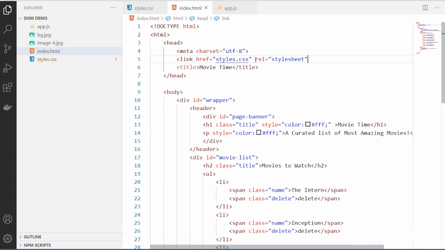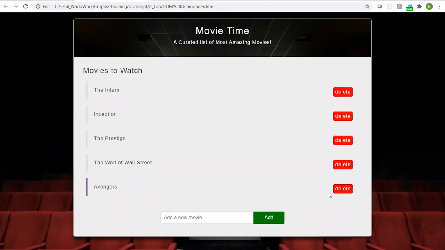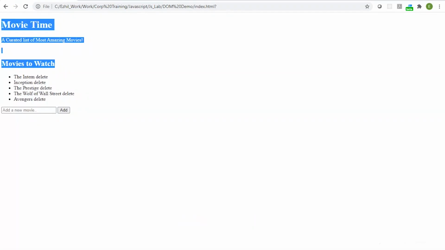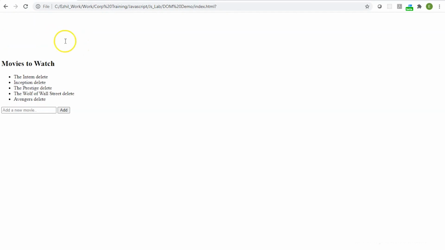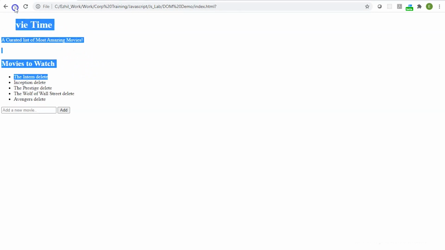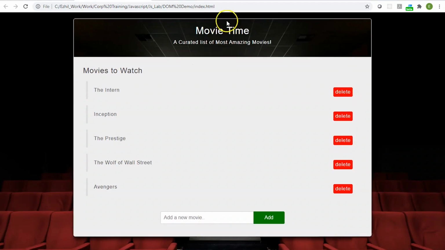So CSS is the default style sheet, and JavaScript is the default scripting language for your HTML. So we have attached this now. Okay. So let us see again. Okay, look at that now. Look at that. So you can see this before CSS. So literally it is nothing. It doesn't look like anything at all. But you can see like after CSS.